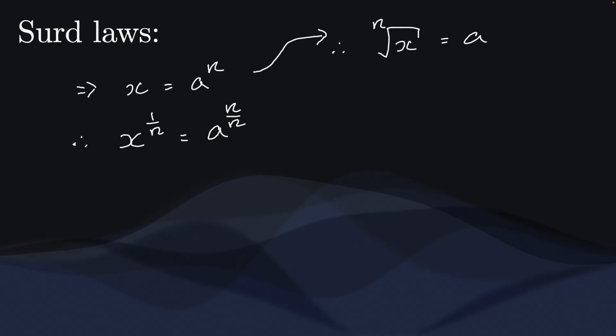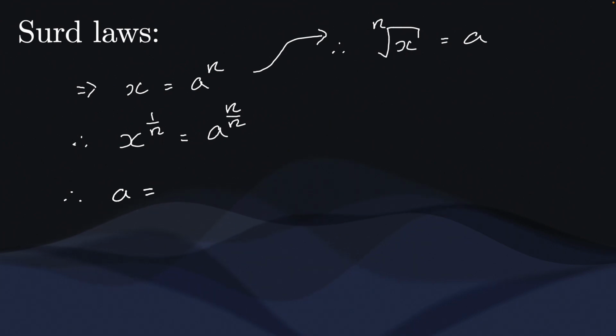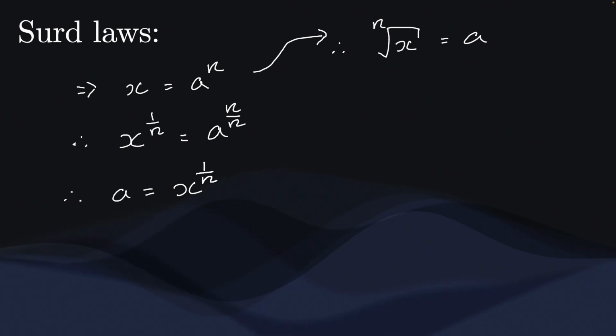Anything divided by itself is just 1, so therefore what we can say is a is equal to x to the a to the 1, because n over n is 1, is equal to x to the power of 1 over n. But wait a minute, didn't we say that a was equal to the nth root of x? Well, we did, and that is also correct. Therefore, what we can say is that